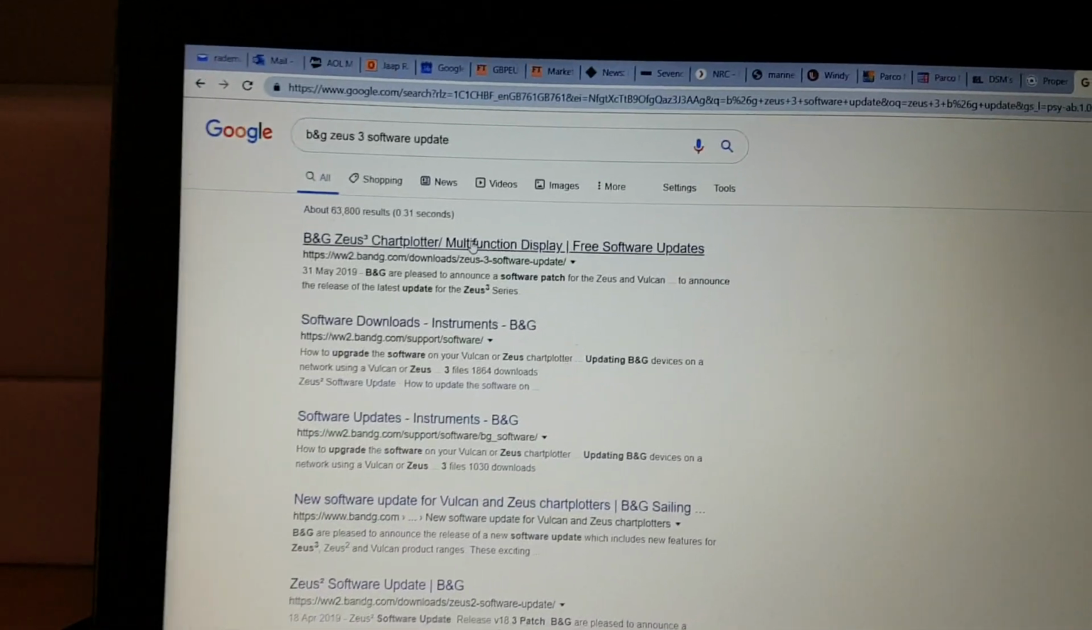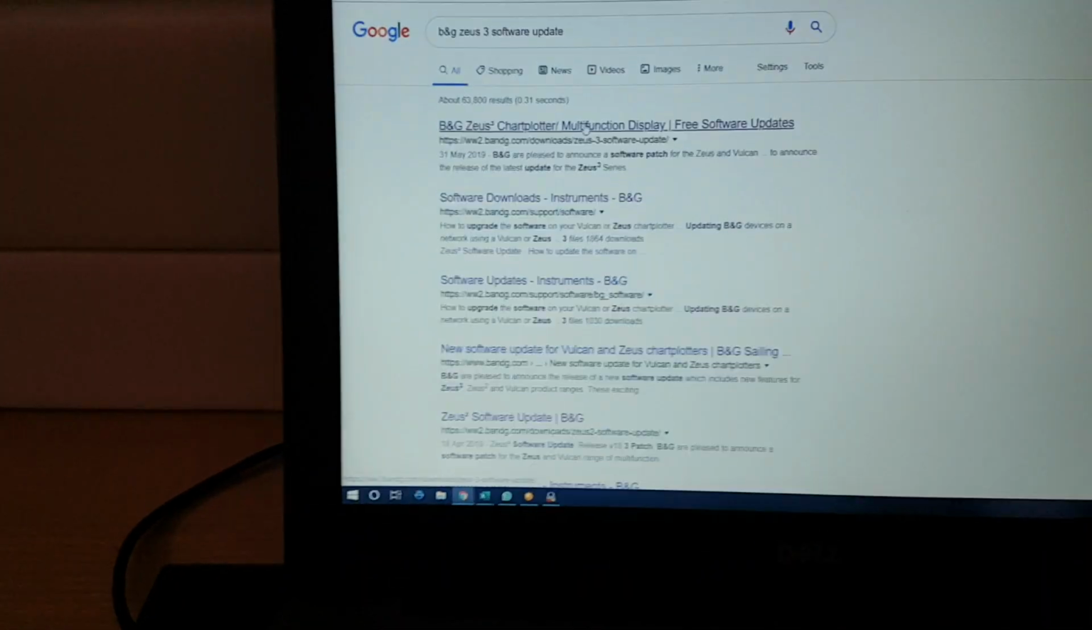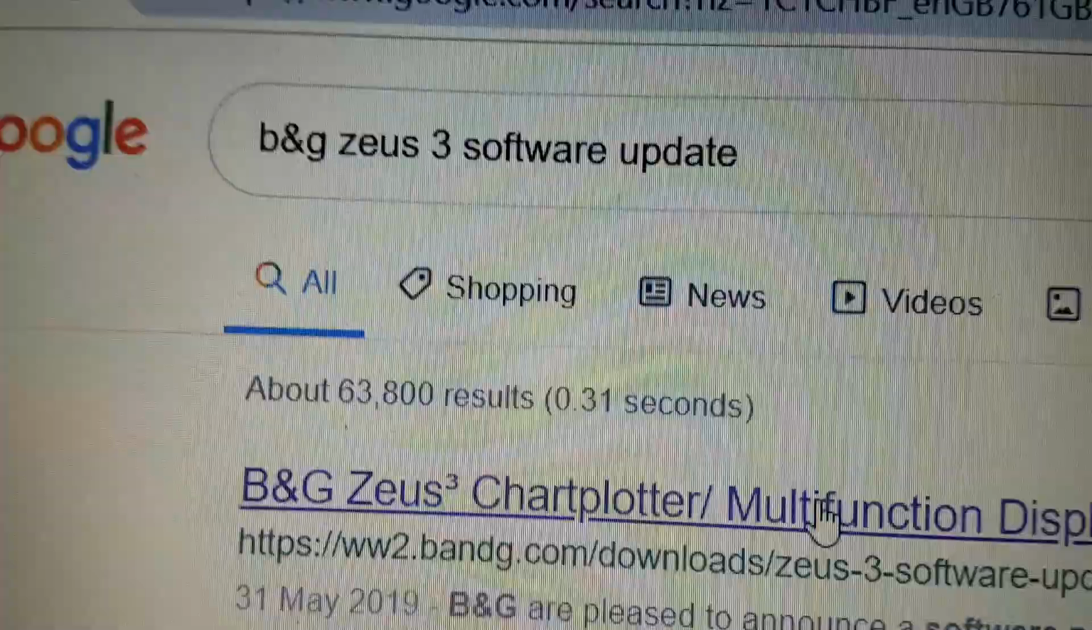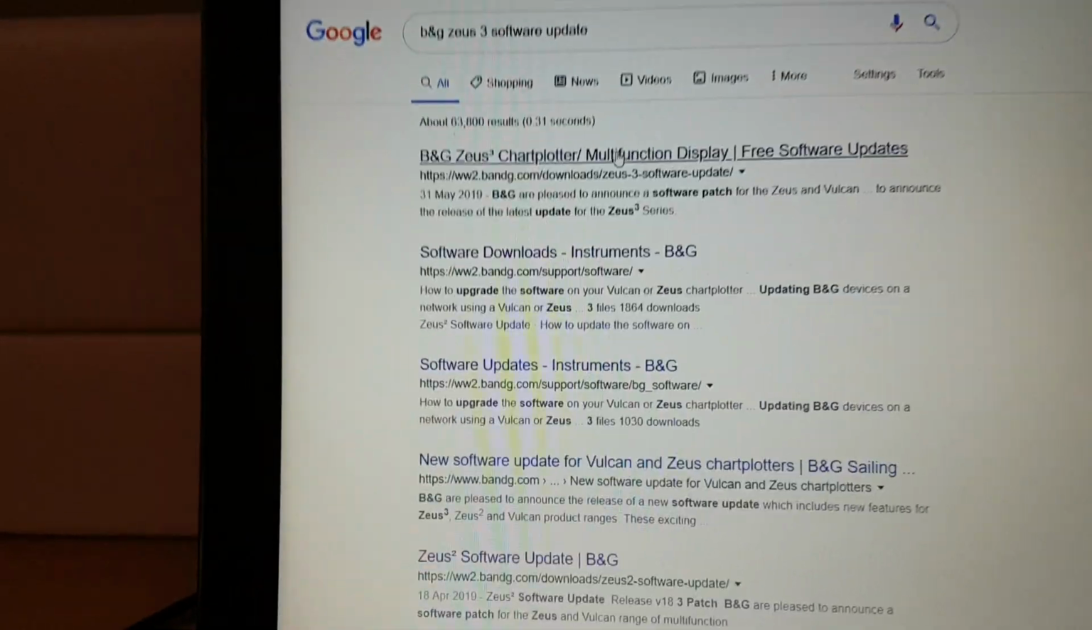The next step is, go to Google, you need to be online for this, and make sure you've got a micro USB adapter. It slots in there. And a micro SD card. Any size is pretty good, even a small one for a couple of quid will do. If you've got that little card, you're in business. Go to Google, type in BNG Zeus 3 software update. Then go to their website